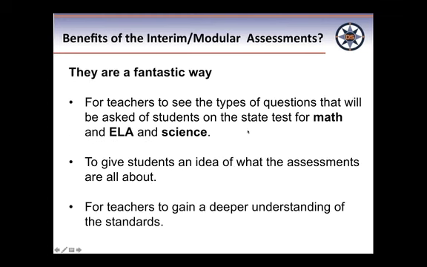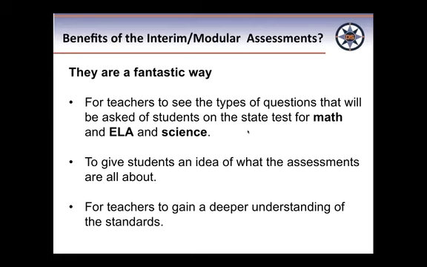These are the things I like the best about them. I'm not going to give them an order probably, but for third graders who have never taken the test before, this is a great way to get them used to taking the test. You give it to them a few times a year, 3-4 times during the year, and the modulars take only one period. They're only 9 or 10 questions, and they just get used to taking the test. They're not afraid. They understand how to maneuver around. So that's a really nice piece of giving these assessments.